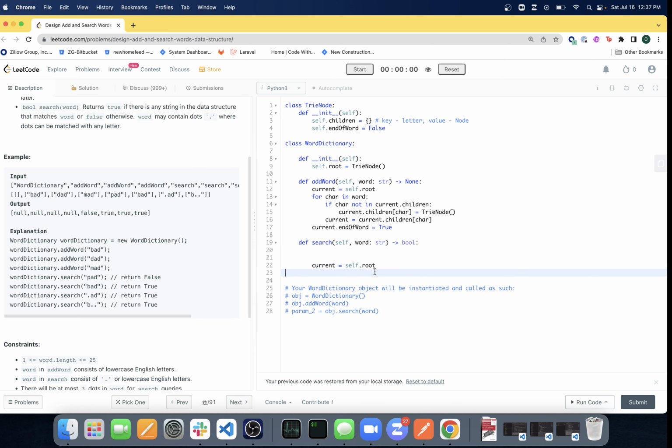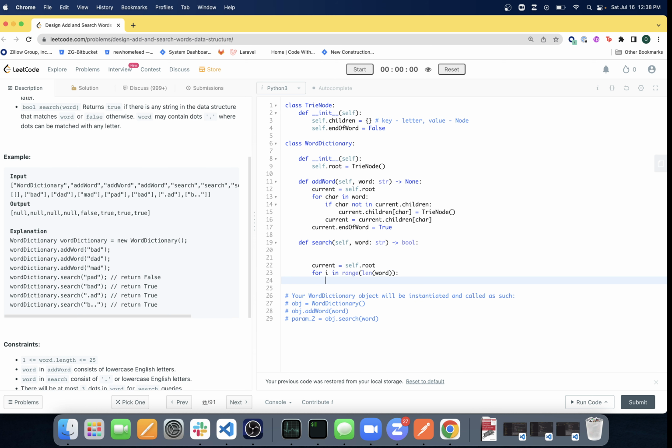And then we're going to loop over the word, but instead of using the character, we're going to actually use the index. And you'll see why when we get further down in the code. We're going to do for i in range length of the word, and we're going to say character equals word at i,